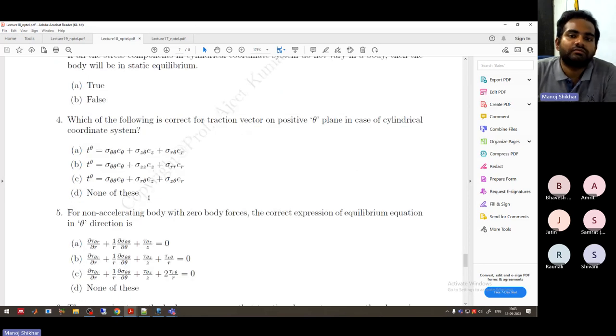Then lecture 18. Question number 4. Which of the following is the correct traction vector on the positive theta plane in the case of cylindrical coordinate system? Okay. So the answer will be